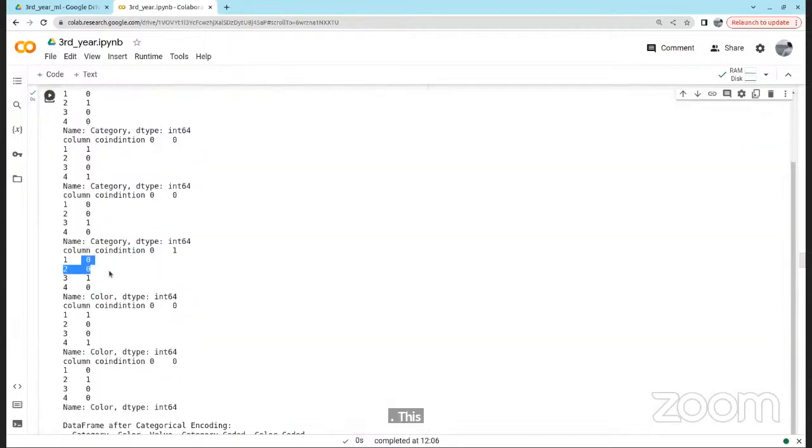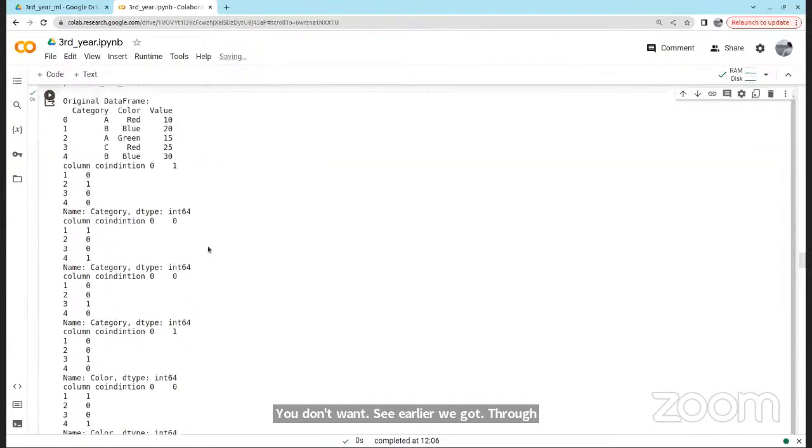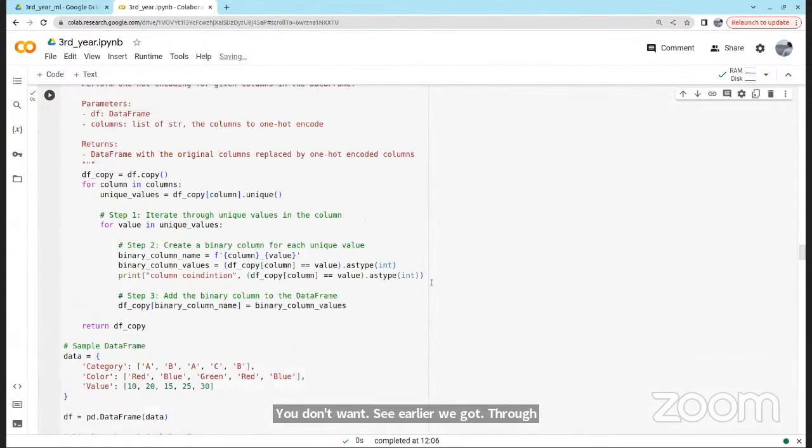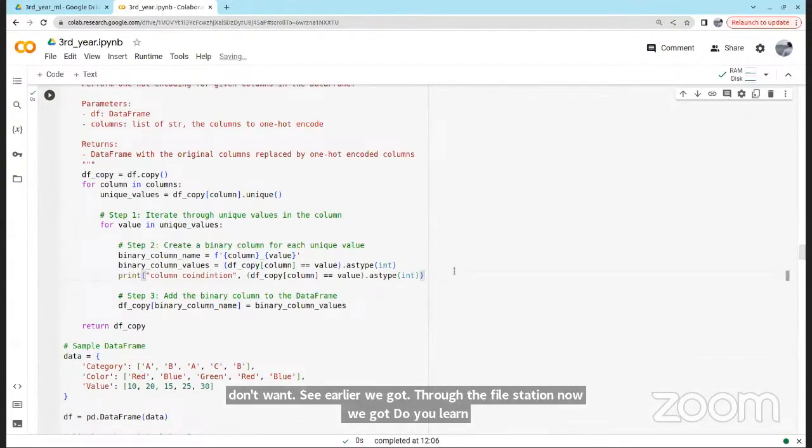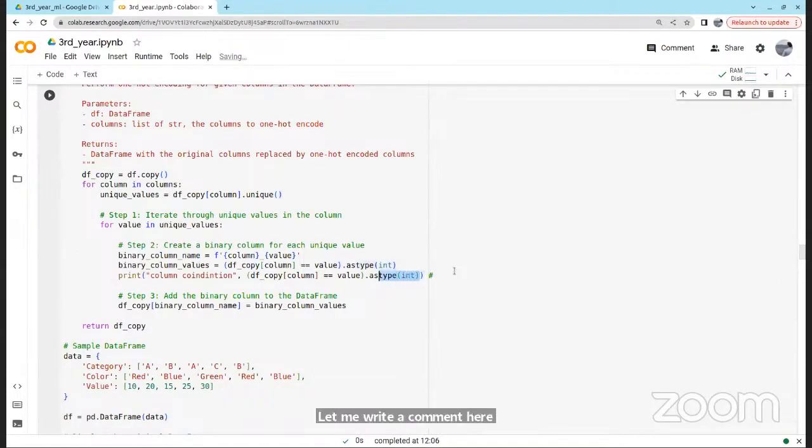See, earlier we got true and falses, now we got 0 and 1s. Let me write a comment here. As type converts your true and false to 1 and 0 format.